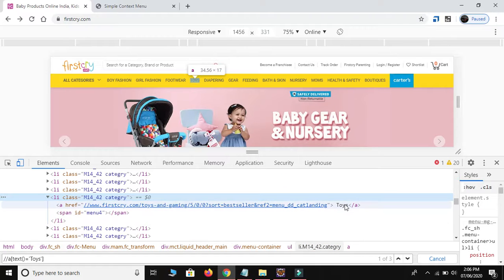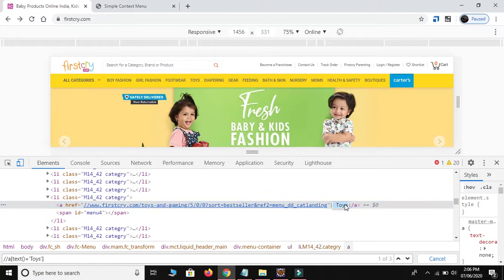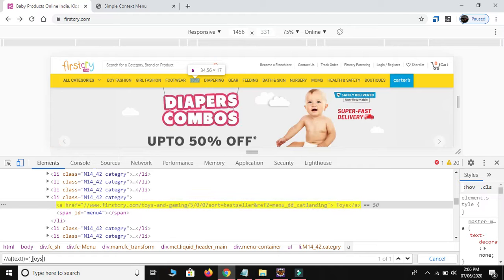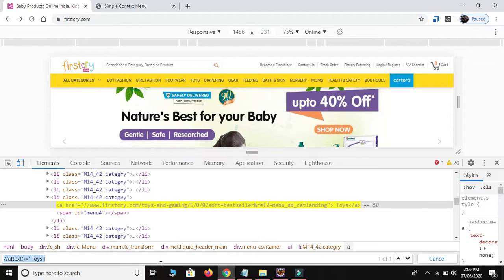So this is the text. Let me copy this value from here, paste. See, 1 of 1, okay. This is the space behind the T. Just copy in front of the T, okay. Yeah, so just copy this XPath,